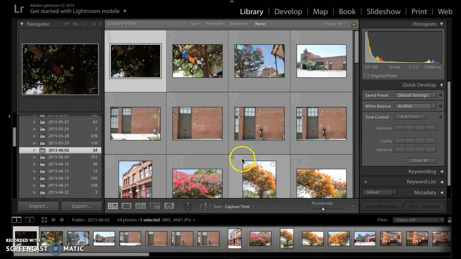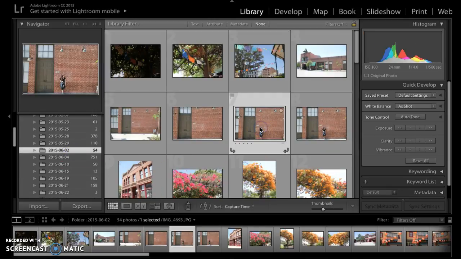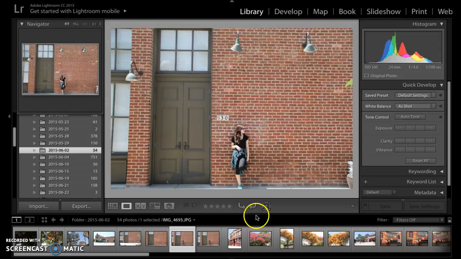But let's look at this. This was a little LA adventure day. So if I double click on a picture, see now I have a picture that I can edit. And if I want to go edit it, I have a couple options over here on the right side. Very simple compared to Photoshop, which is a lot more in-depth and detailed. So really the three main things are the exposure, which is the lighting, the clarity, and then the vibrance of